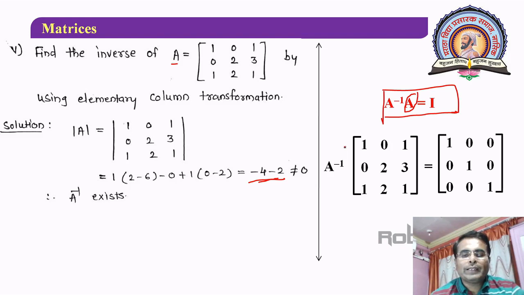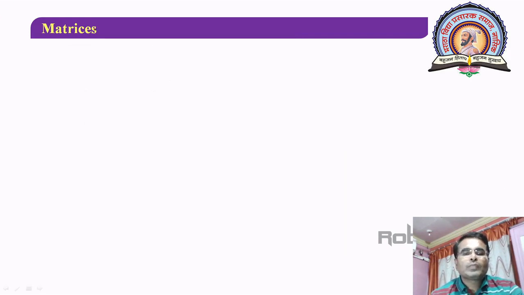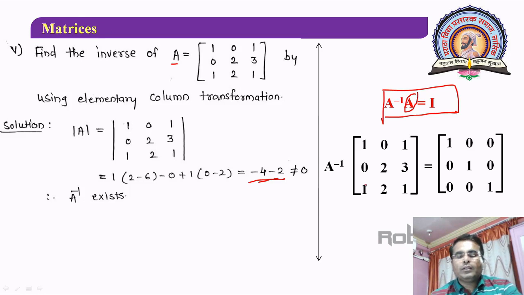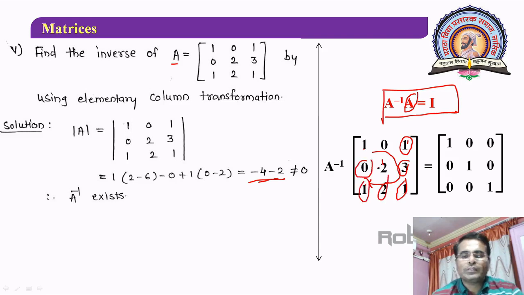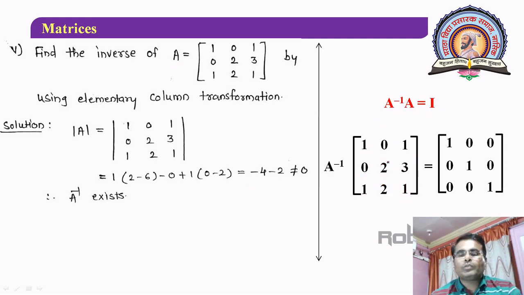This is your equation. Now you will observe that first you have to consider reduction of this element to 0. Since we are using column transformation, we have to go in clockwise direction. So make this 1, make this 0, then make this 1, make this 0, then make this 1, then make this 0, make this 0, and finally make this 0. This is our step. So therefore you have to consider reduction of this to 0. So you can consider this is C3 and this is C1. So consider C3 minus C1.